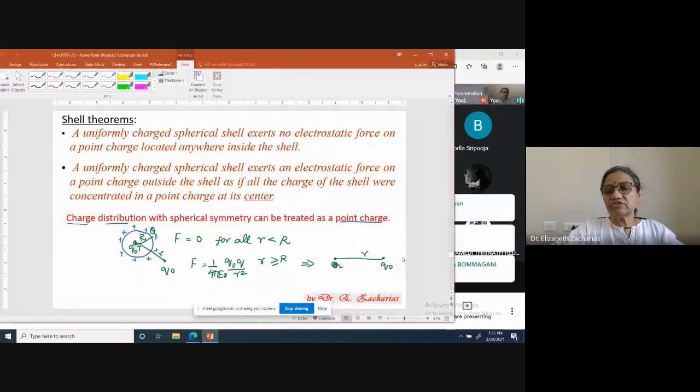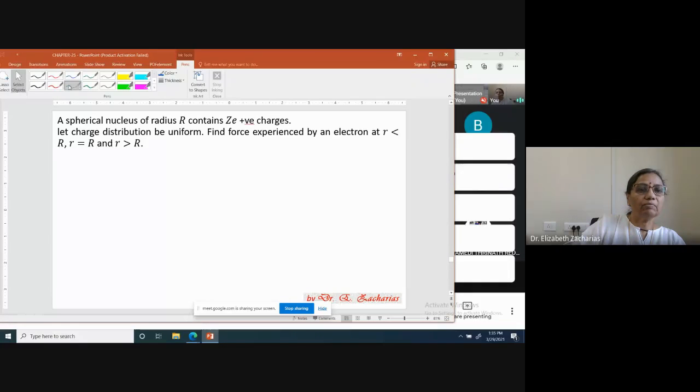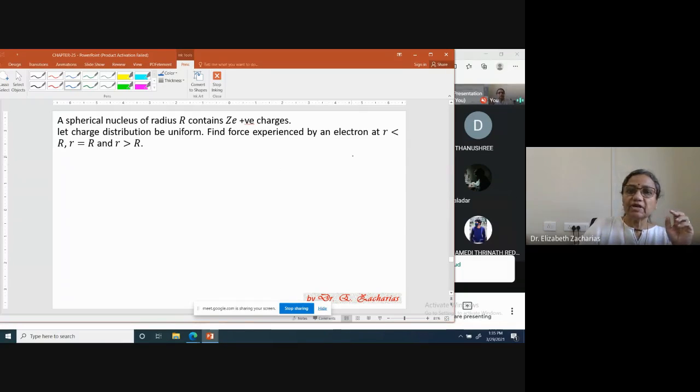Okay, so now let's go to the next slide. Where is this shell theorem going to be useful? Let us see. I will make you understand by working out the problem. Okay, so look at this. A spherical nucleus of, so though it is called a shell theorem, please remember a solid sphere